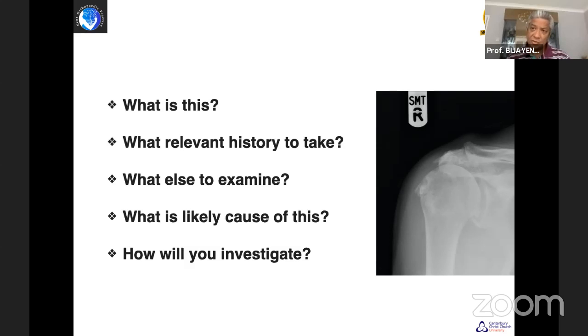At this stage, I tend to tenotomize the biceps, leave a little stump of the long head of biceps attached to the glenoid, so it's easier to orientate the superior inferior direction of the glenoid. Once you've done the release, peeled off the subscapularis from the humerus, then I do what we call a 360 capsular release. This involves release of the subscapularis from the anterior surface of the glenoid, inferior capsular release, and the posterior capsular release if possible, taking care, especially at the inferior side, that you do not do any damage